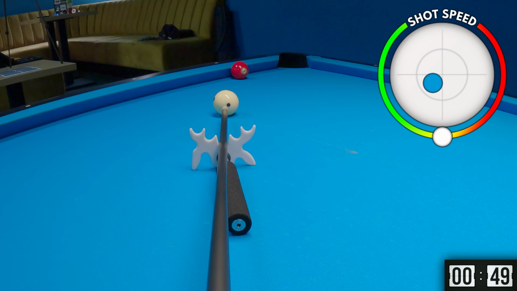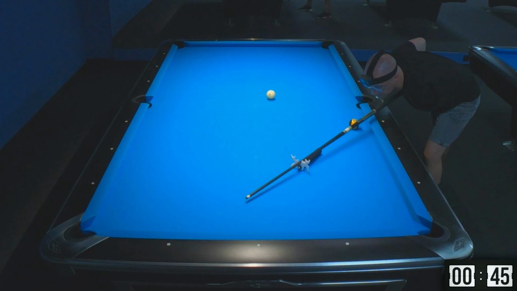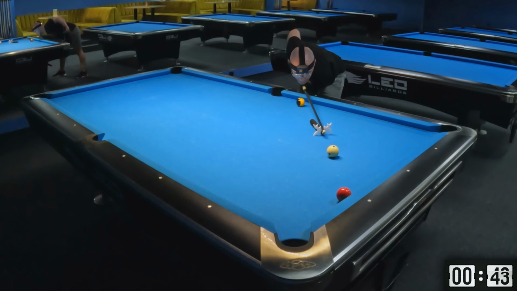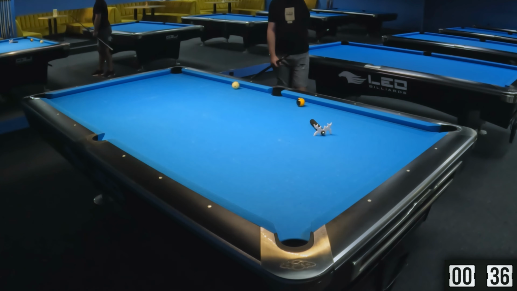So in this case, to avoid this problem, we can use the second option where this time we use less spin and more speed to cause the cue ball to go up and down and touch 2 rails. But there is some risk that we can scratch in the top right corner if we use too much spin,